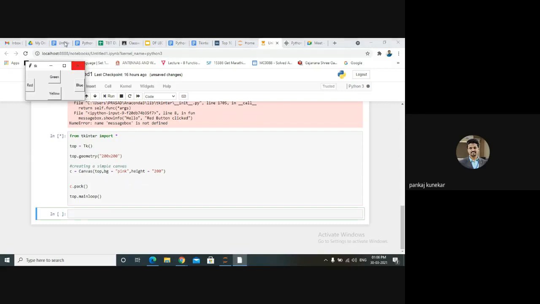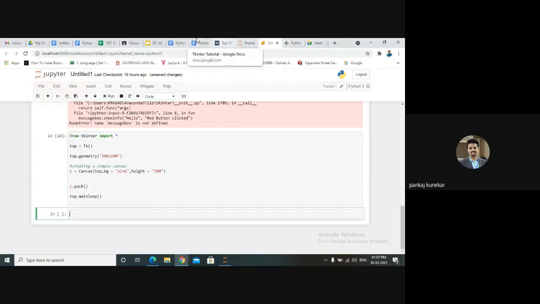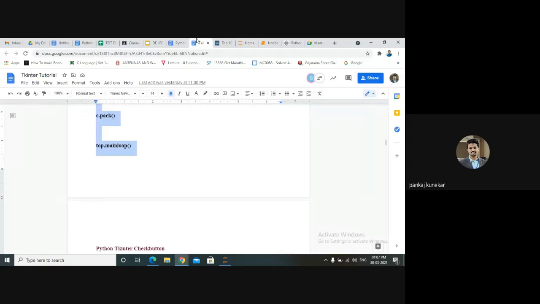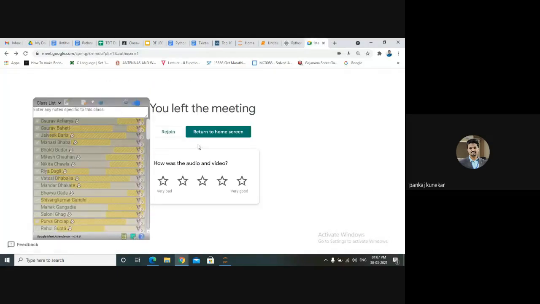So this is the way we are getting the canvas. Here you can draw anything if you want to code more. We can draw a triangle, circle, arc, anything on your canvas. So canvas is basically an empty sheet.